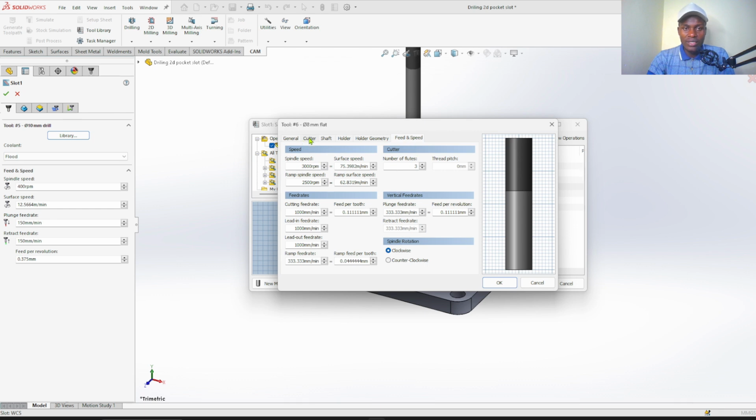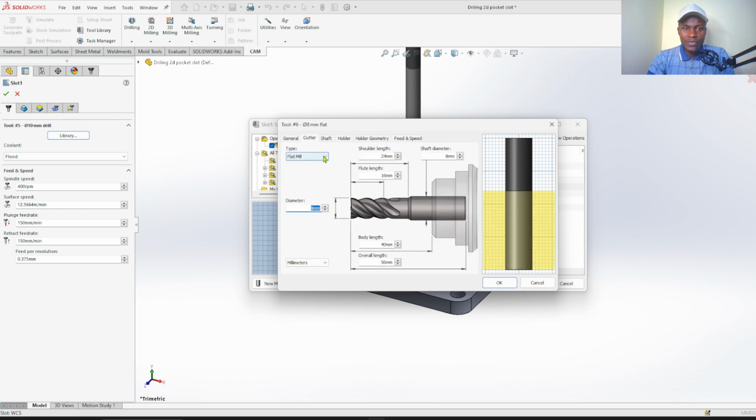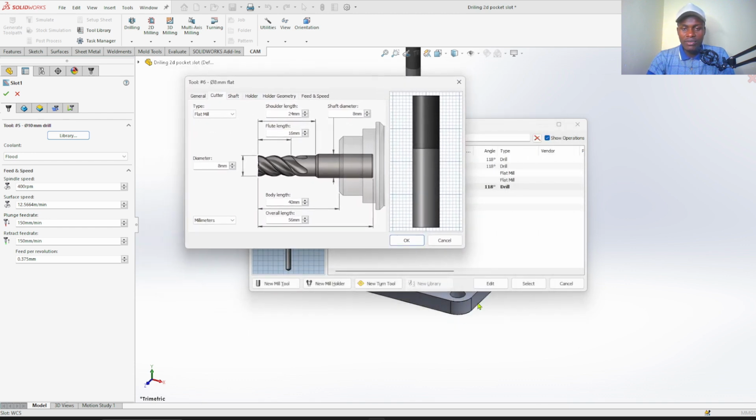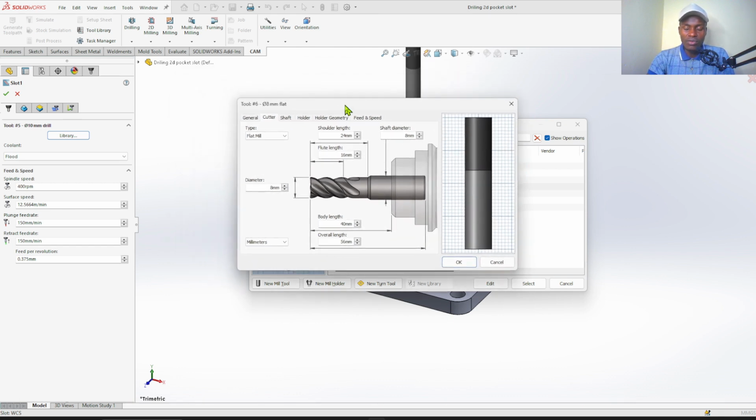We go to cutter. We select a flat mill, this one, and now a very important factor to consider: the diameter of the slot. So the slot had a diameter of 6 mm, or rather the curve was having a radius of 3 millimeters.